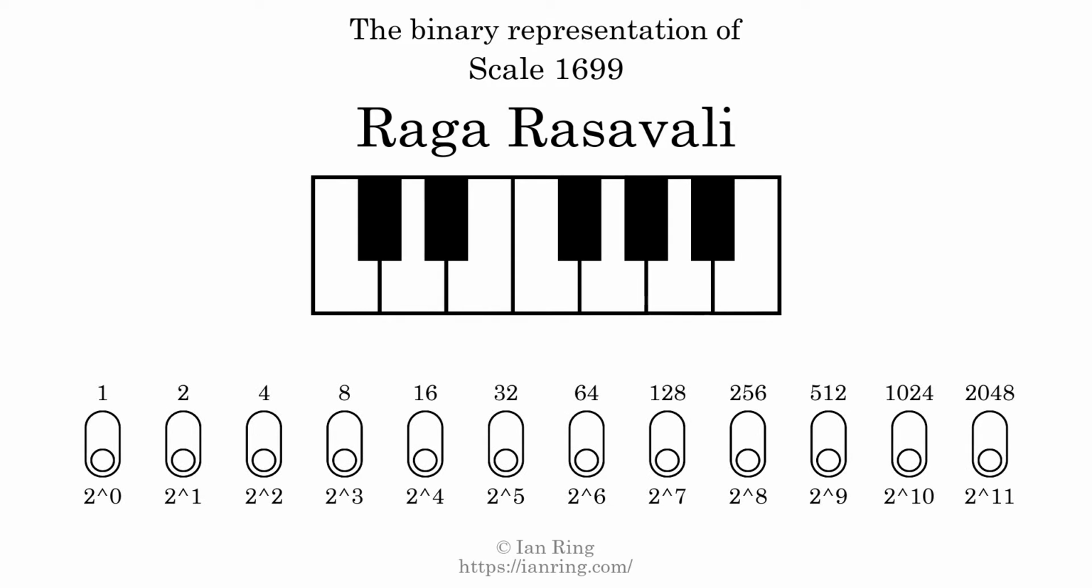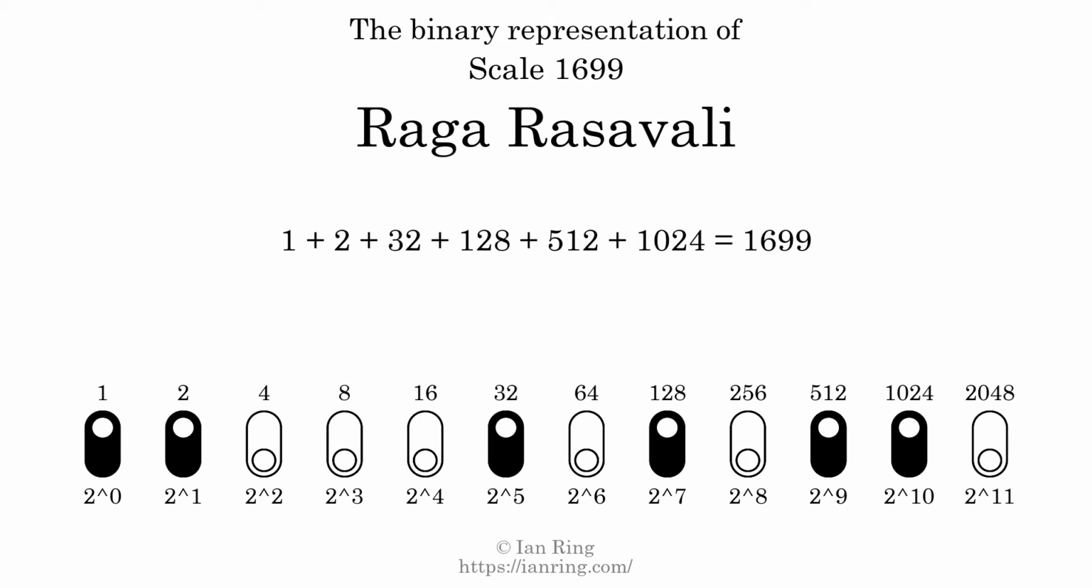The binary representation of this scale is determined by mapping tones of the scale to binary digits. Each binary digit represents a power of 2. To get the scale number, we add the powers of 2 together. The powers of 2 that are present in the scale, all added together, equals 1699. That is why the scale number, in decimal, is